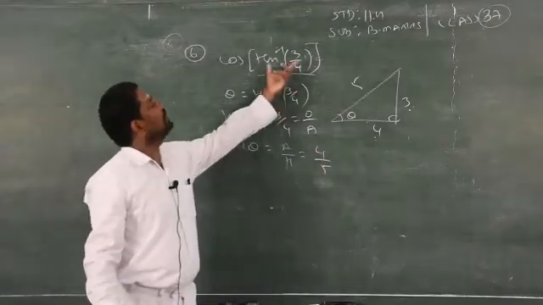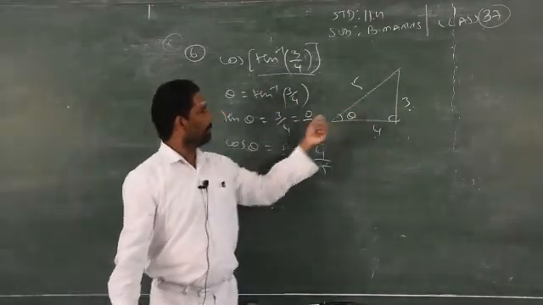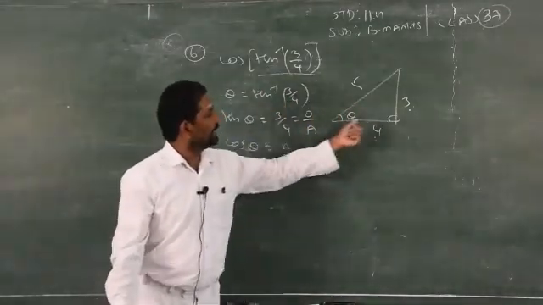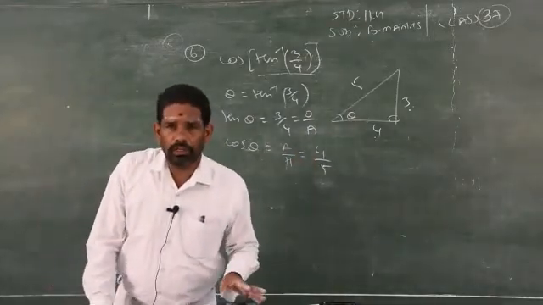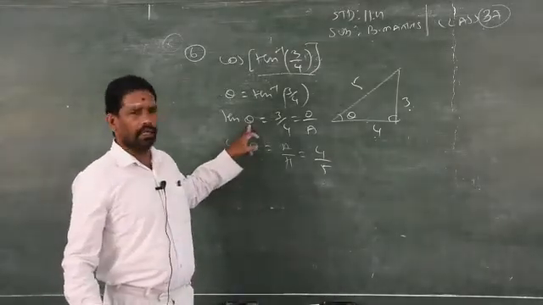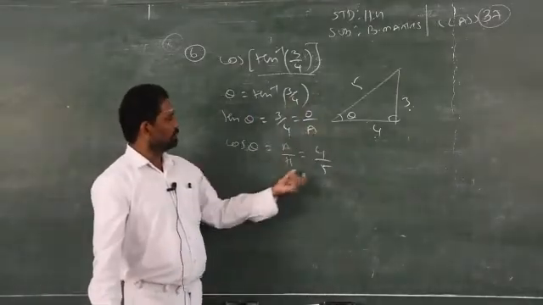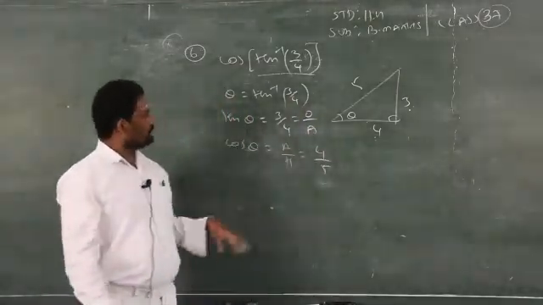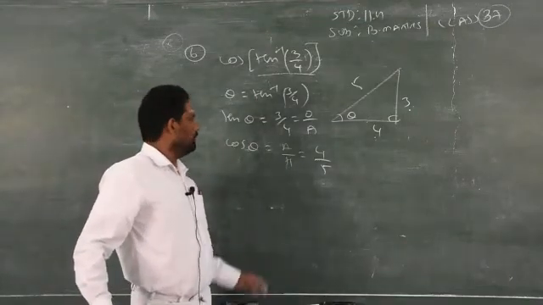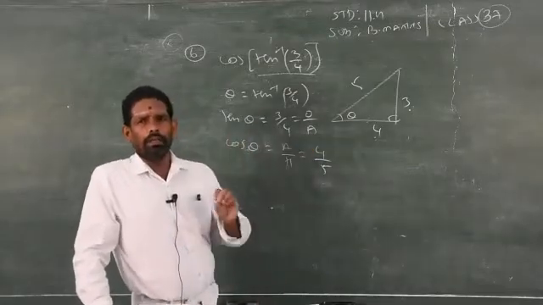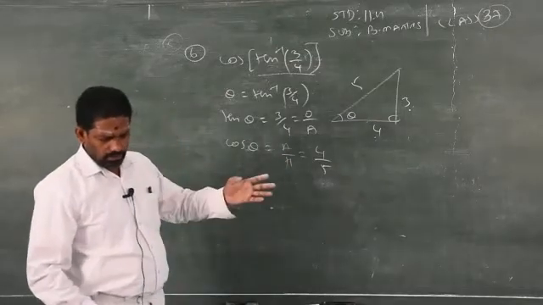So very simple. First you have to find the principal value. Just transfer it, use the diagram and simplify. Otherwise, without using the diagram also, you can find cos theta, but you have to use the cos 2 theta formula. What is the formula for cos theta in terms of tan? You have a formula in exercise number 4.2. Clear? Instead of using the diagram, you can find cos theta by using the formula given in exercise 4.2 in terms of tan theta. Substitute and you will get the answer, but that will take more time. So this is the simplest method. Clear? So sum number 2 of the same problem is homework.